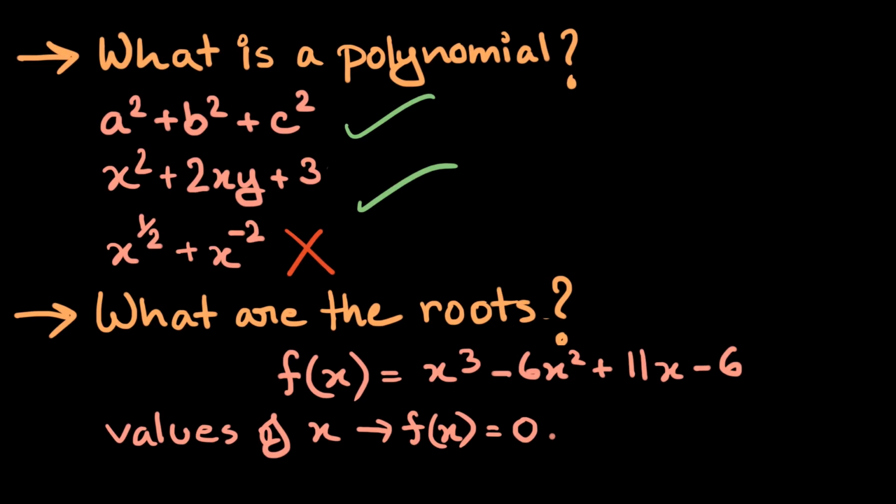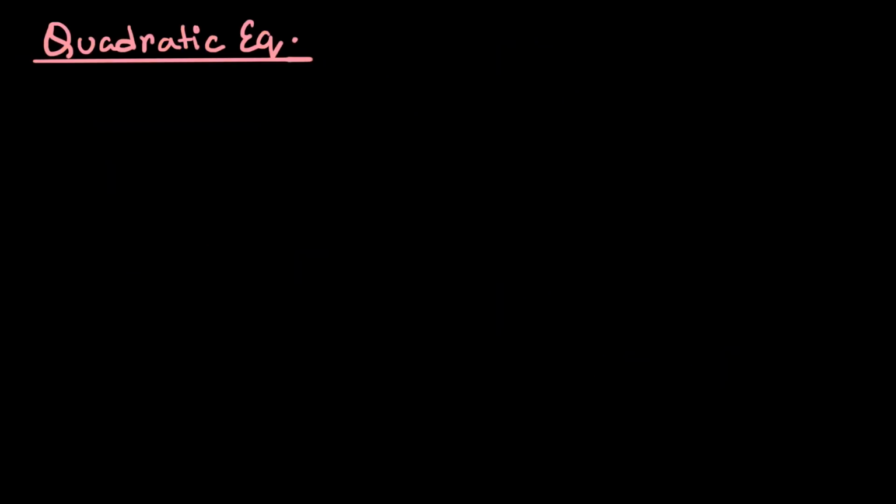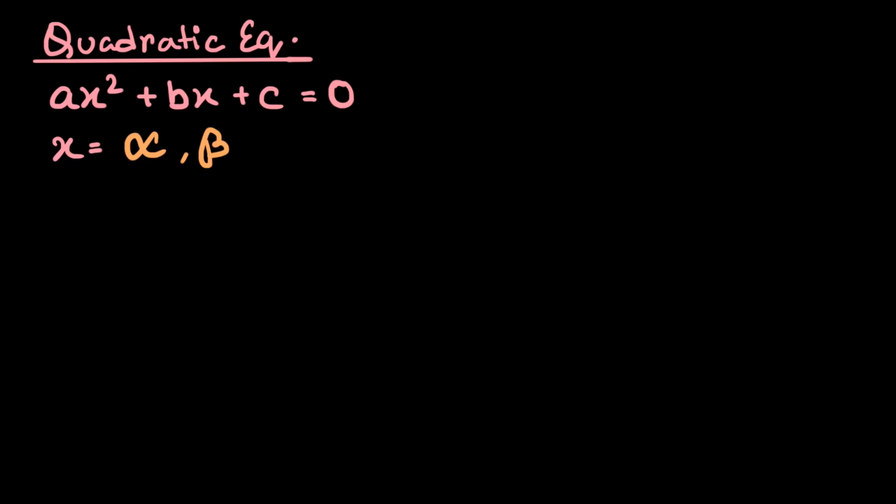Now, let's start with quadratics, one of the simplest kinds of polynomials. It is a polynomial where the highest power of x is 2. Therefore, every quadratic equation can be written in this general format: ax squared plus bx plus c equals 0. We know the number of roots of an equation corresponds with the highest power of its variable. So, we know every quadratic equation also has two roots. Let's say in general these roots are alpha and beta.